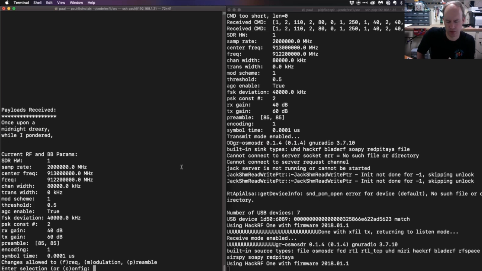No, it was an Ubuntu Intel PC that was the host, sending the initial stuff, and the Raspberry Pi was the receiver. Got it. For the initial, and then it flipped around and became the transmitter, and it started transmitting the poetry to the host again. Okay, very cool. And I see we do have "Once upon a midnight dreary, while I pondered," so we can see it's going through there.